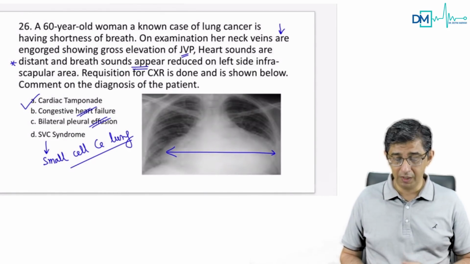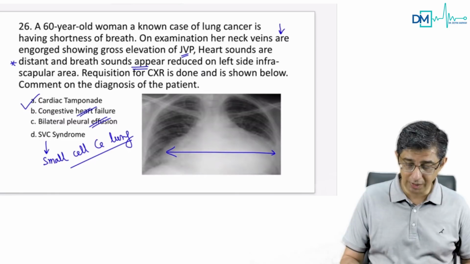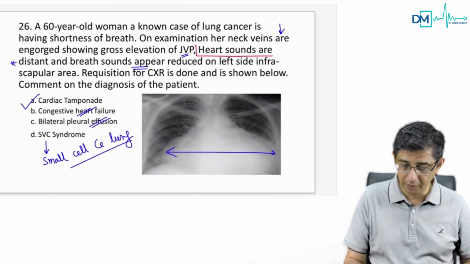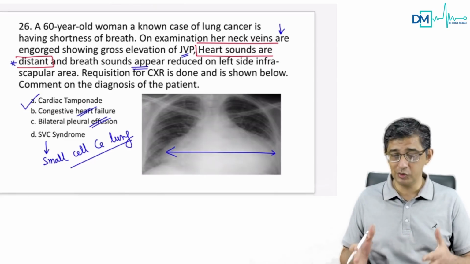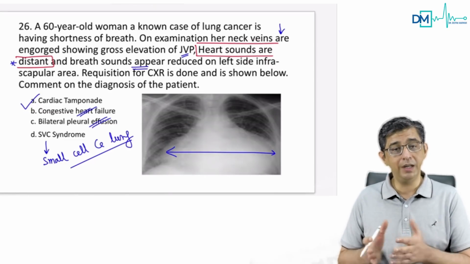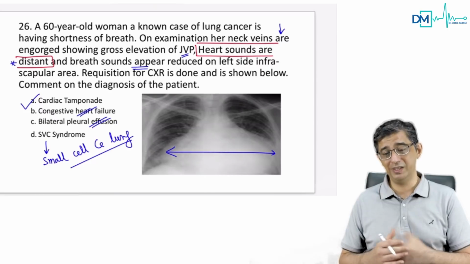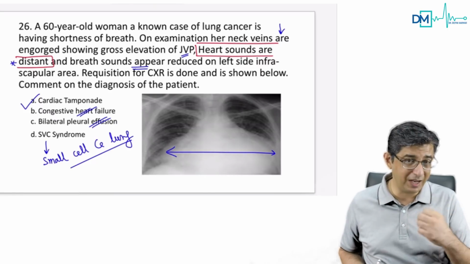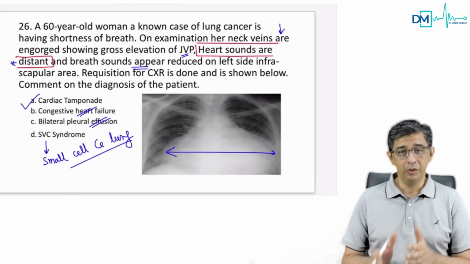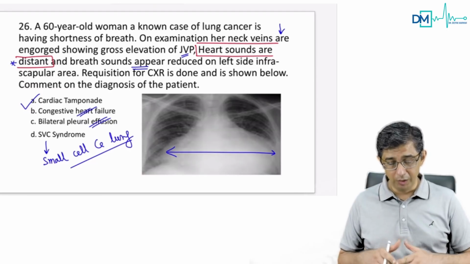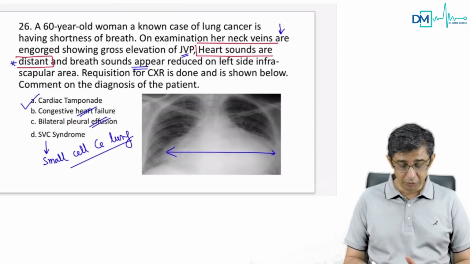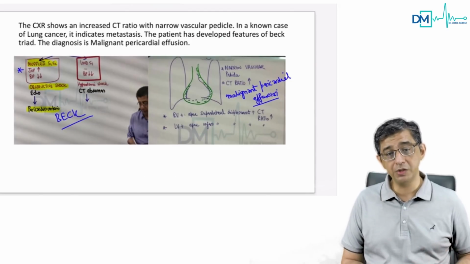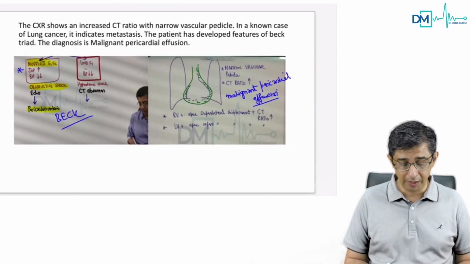But at this point of time, the main keyword in this question, and that is what most of my students gave as feedback, is that heart sounds are distant. The moment you read that, you know that this is going to be a cardiac tamponade, which is pressing on the heart from outside. It's going to crush the heart. It's going to exsanguinate the heart. And therefore, the manifestations of low blood pressure would develop, and this can contribute to death also. The type of shock developing in this patient is called obstructive shock. You can see the snapshots on the app here for the same.